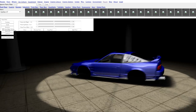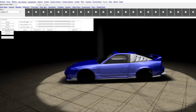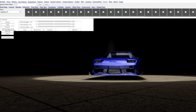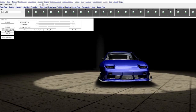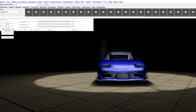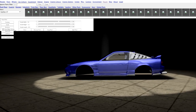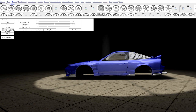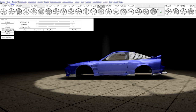Of the rear diffuser specifically, the side aero that looks like that, and this front splitter here. It just looks, I don't know. Altogether, they look real nice, and they just make the car look so much more aggressive. I love it. Now for our wheels, I want to do some sort of 5-spoke